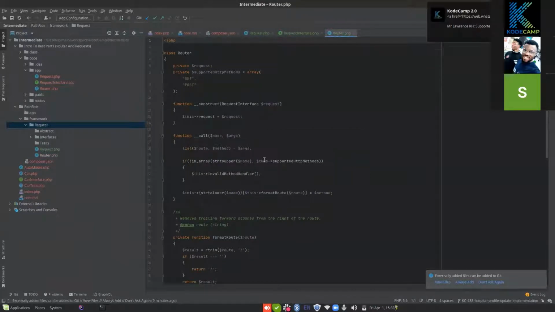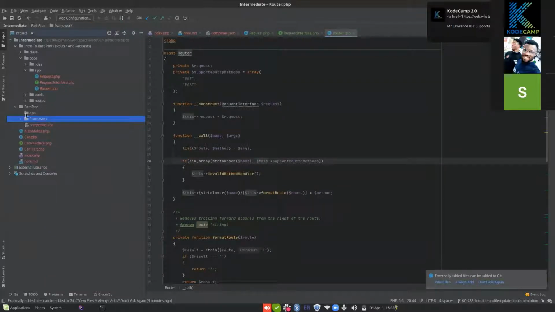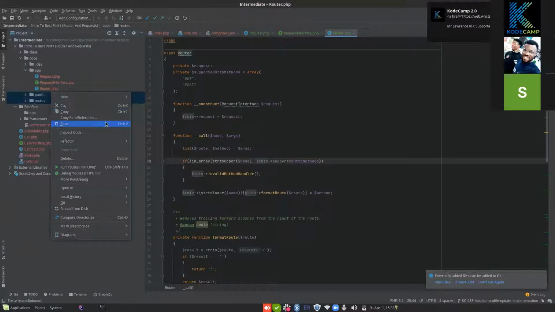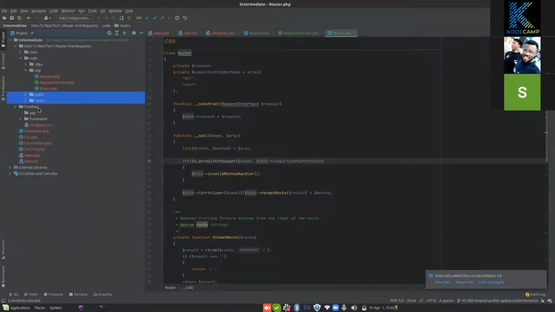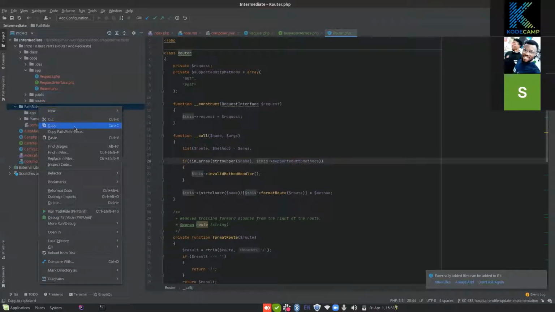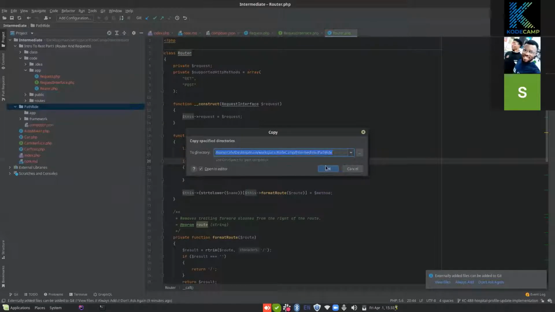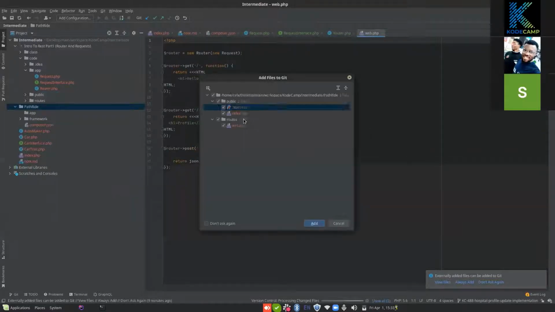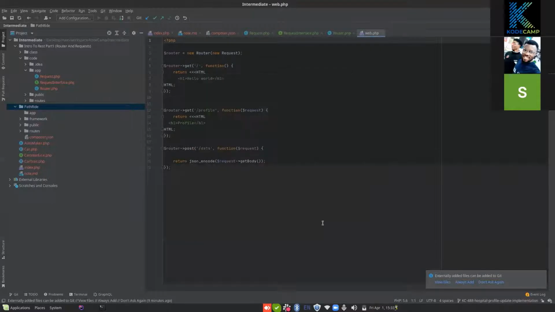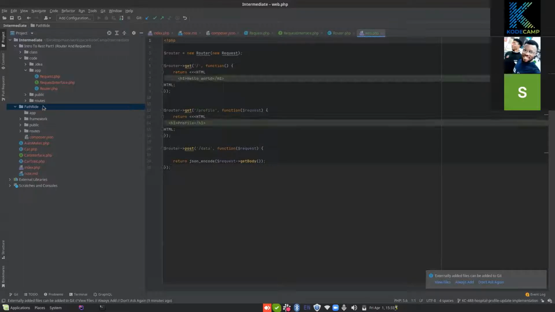Oh, so the next thing is public. So I'll just, this and this is going to be just the way they are. Copy, and I'm going to put them in the app path, right. Yes. Add all of them. And so the next thing,